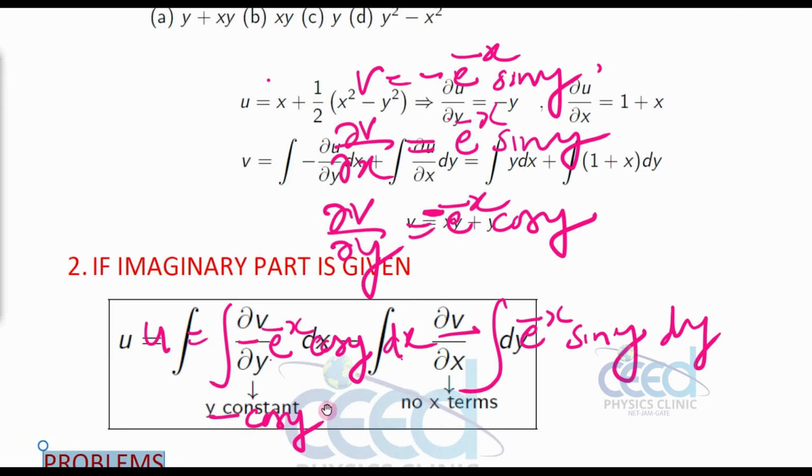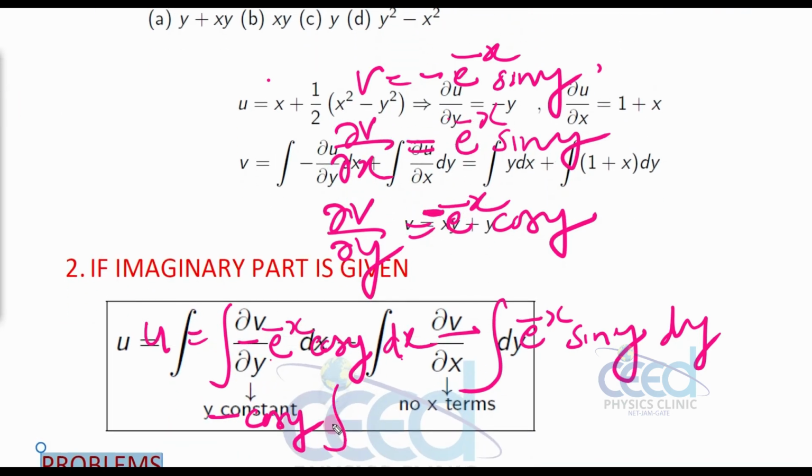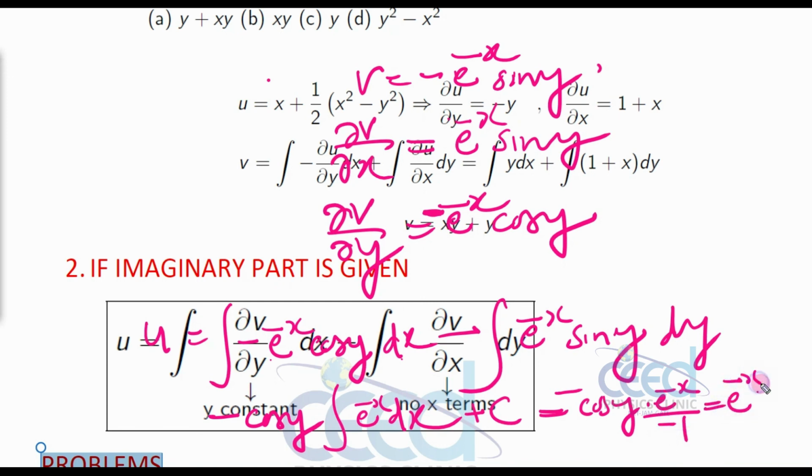So when I am taking this minus cos y out, then I have to integrate only this e raised to minus x dx, and here we can avoid the terms containing x. So this term does not come in the equation, because the entire term will be cancelled; the e raised to minus x has an x term, and no other term we have without x. So this is the final result, plus c. So cos y we can take out, e raised to minus x on integration gives e raised to minus x divided by minus 1, so the final result will be e raised to minus x cos y plus c. So this will be the result.